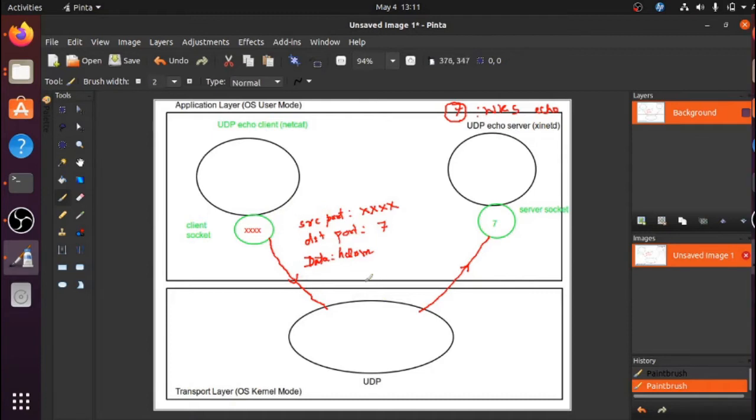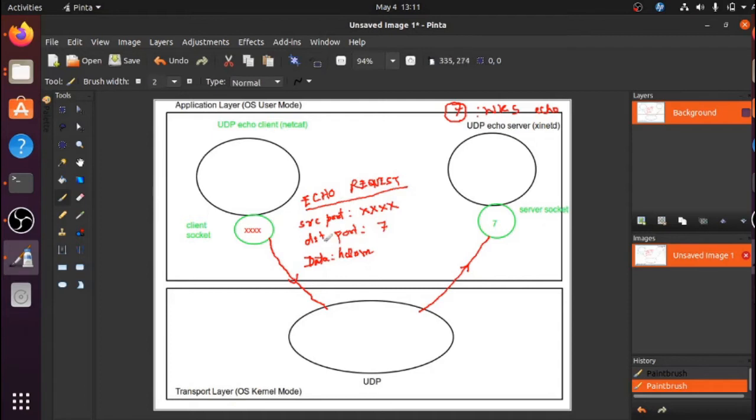So that is how the echo client sends a packet to the server. Now, such a packet that was sent is also called a request packet. It's an echo request packet, because this netcat program is sending it to the server, asking it to please kindly echo. Oh, it's a very stupid kind of idea, is it not? You send something, hello, and you ask the server to please hello back. Okay, but anyway, that's what an echo protocol does. Whatever the client sends, this is called an echo request.